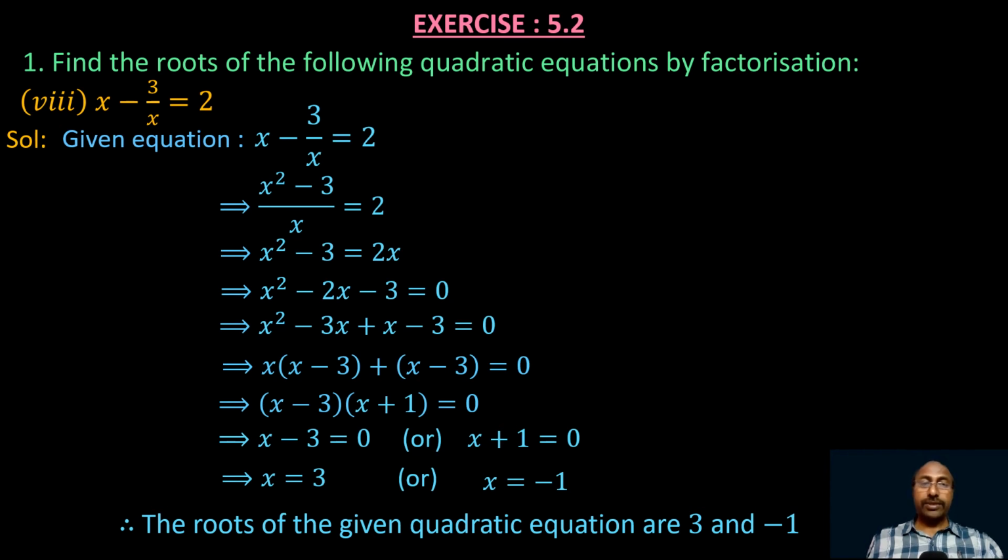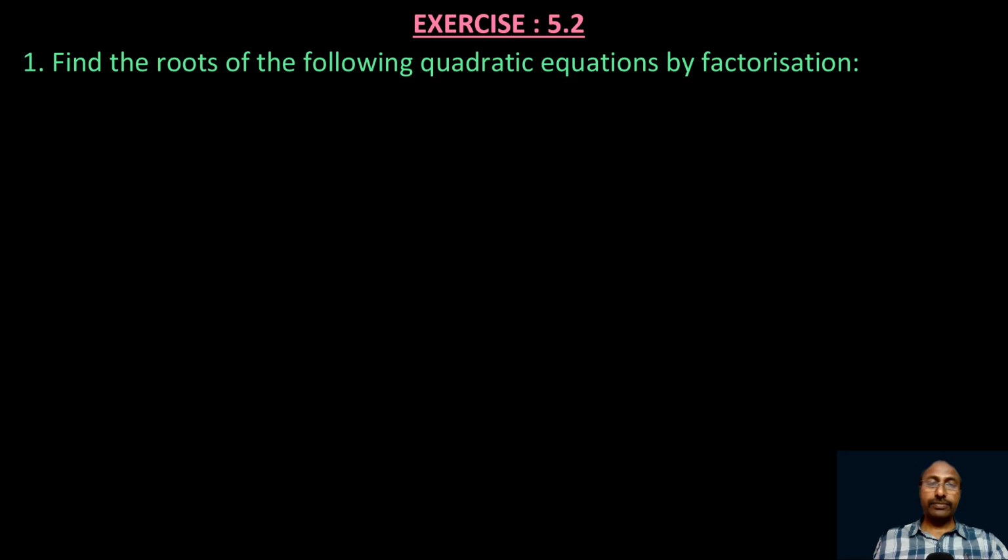Okay, so take the ninth one. 3 into (x minus 4) whole square minus 5 into (x minus 4) minus 12 equal to 0. And this equation can be solved in two methods. So let us take the first method. So in the first method,